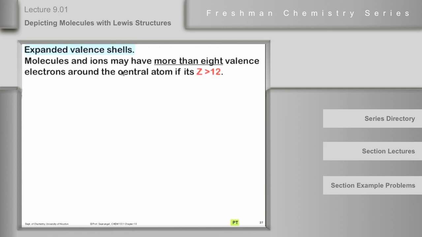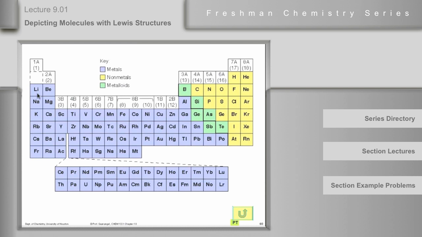Okay. The other end of the scale is expanded valence shells. Here, if you have a central atom that has Z greater than 12, what does that mean? Well, 12, this is magnesium. If you look at hydrogen, helium, 1, 2, 3, 4, 5, 6, 7, 8, 9, 10, 11, 12. If you have it greater than 12, in other words, starting with aluminum, you can have an expanded octet,